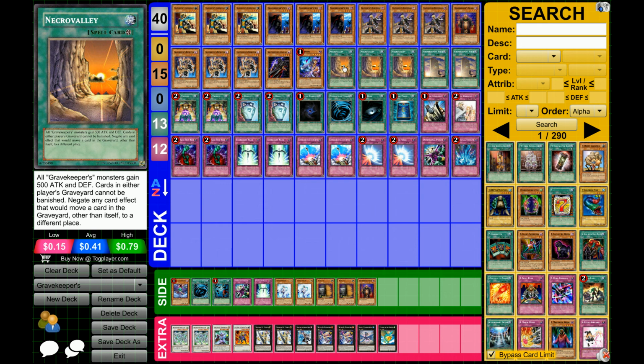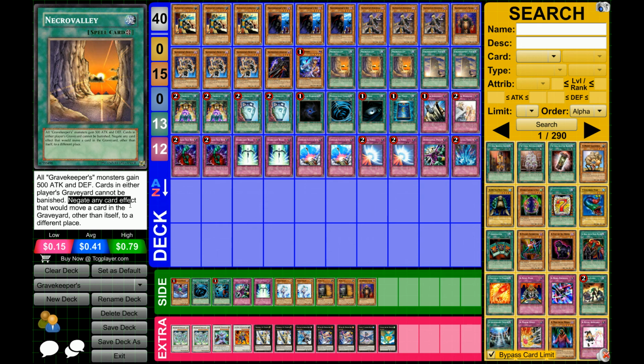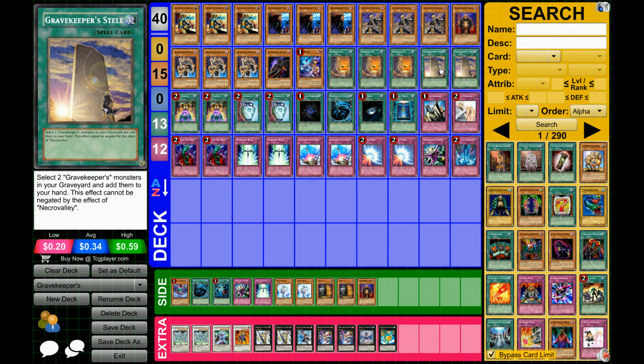But if you have Necrovalley on the field, I do believe you can negate that Fire King Avatar thing because it can't be special summoned, right? Yes. So hold on, let me think. Negate any card effect that would move a card. Okay, I guess not. I'm gonna have to look into it. But yeah, so of course, Necrovalley just shuts down